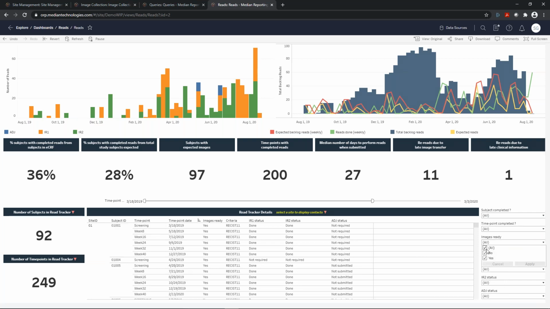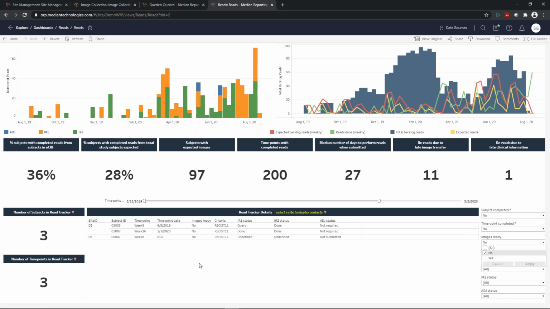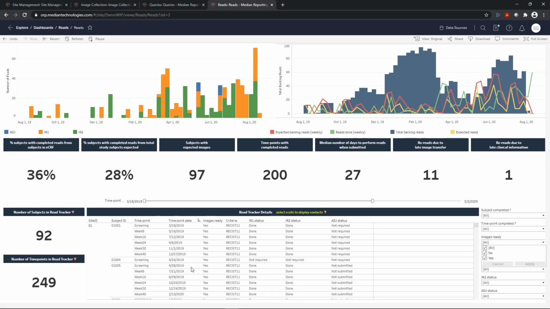meaning that you will be able to apply some additional filters, for example, searching for images not fully ready in this list, etc. So you will be able to use the tracker for supporting the preparation of your interim analysis. And as you have seen on the left, you have the updated number of subjects and time points each time you are applying a new filter. And as said previously in the presentation, it will be quite useful in your planification of the timeline for the interim analysis.